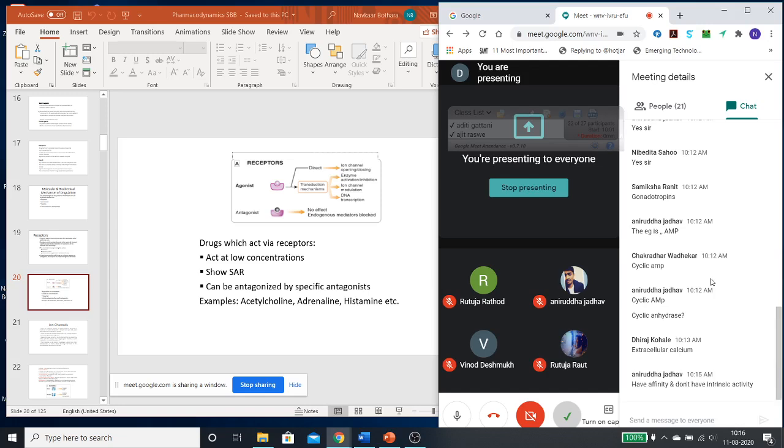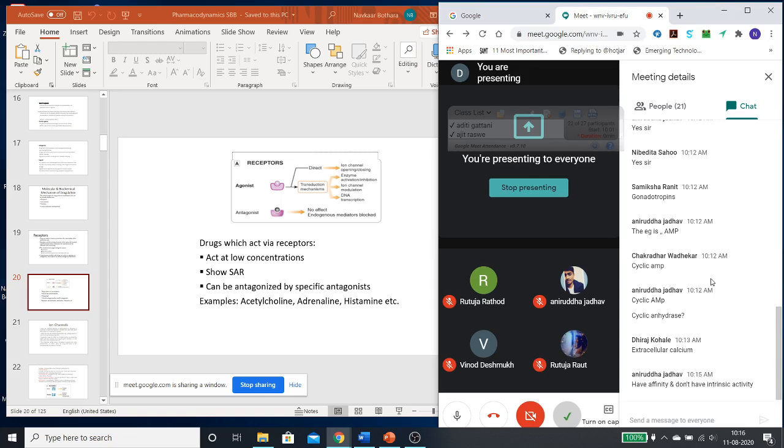They always show a structure activity relationship. If a small variation in structure is there, this will not open, and therefore it is very commonly called a lock and key mechanism. Just like, although locks look similar, maybe from the same company, they do have different sets of keys, and one set of keys will not be able to open another lock until the levers are matching. Similarly, until some structures are matching, these agents will not allow any action. Then they can be antagonized by specific antagonists that we have seen.